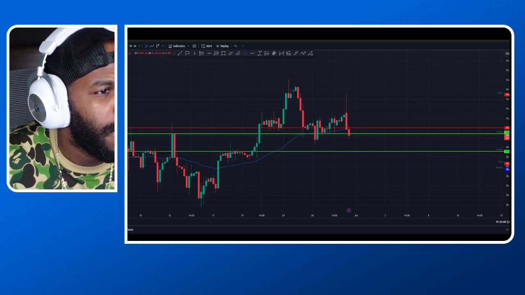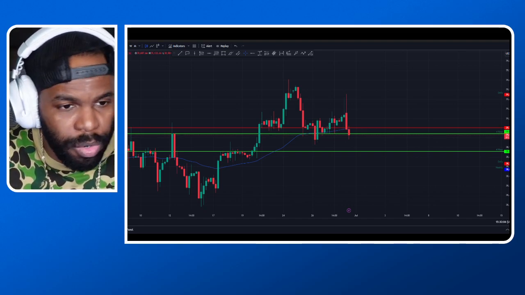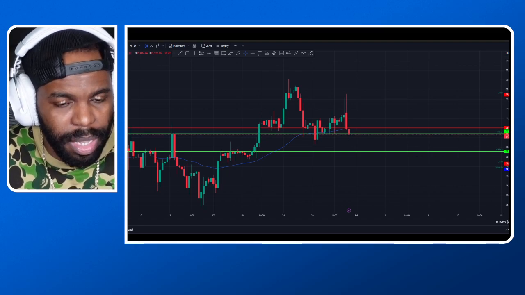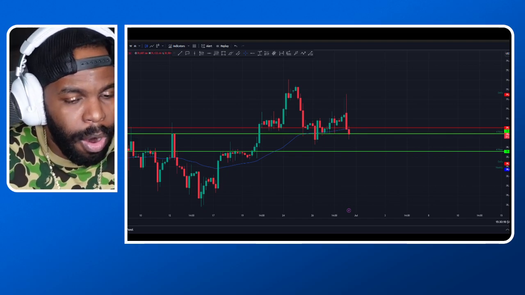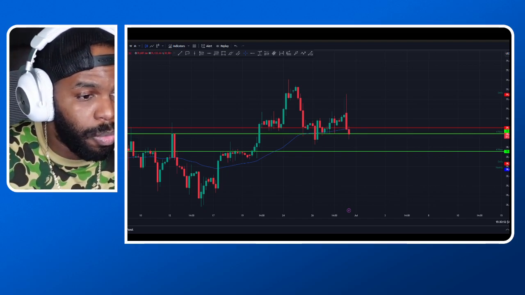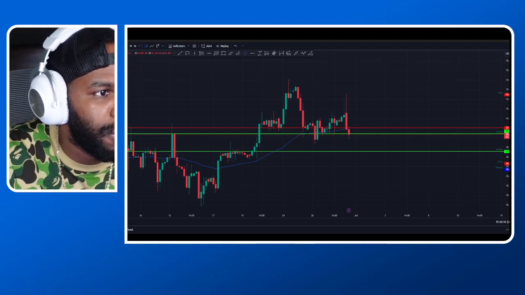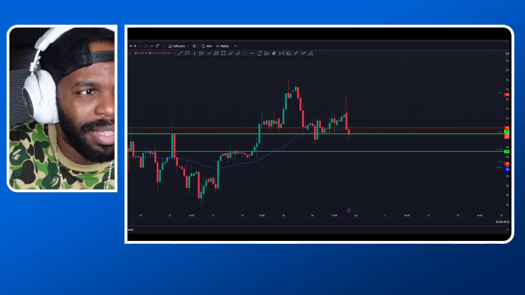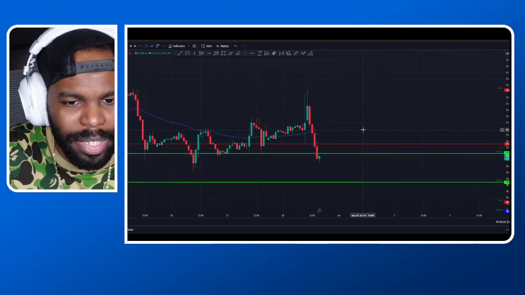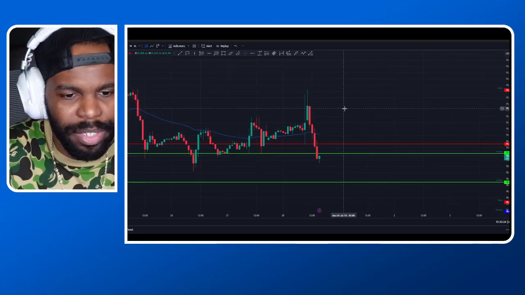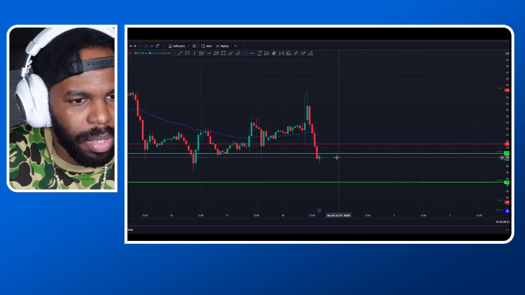So that's what I usually do first: I draw my support and resistance levels on the line chart, and I figure out what type of trend we are in on the weekly, the daily, and the 4 hour. Then usually when I take my trades, I take them on the 5 minute, but I also like to look at the 1 hour and draw my U.S. session highs and lows. Since we're trading US30, I focus on U.S. session highs and lows,